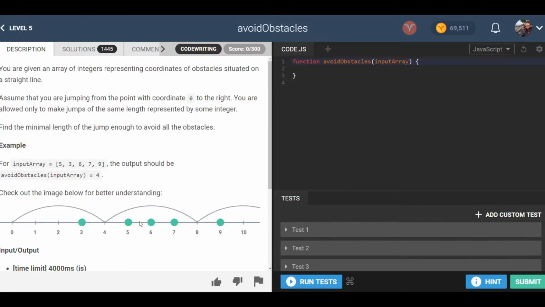Number 4, avoid obstacles. You are given an array of integers representing coordinates of obstacles situated on a straight line. Assume that you are jumping from the point with the coordinate 0 to the right. You are allowed to only make jumps of the same length represented by some integer. Find the minimal length of the jump